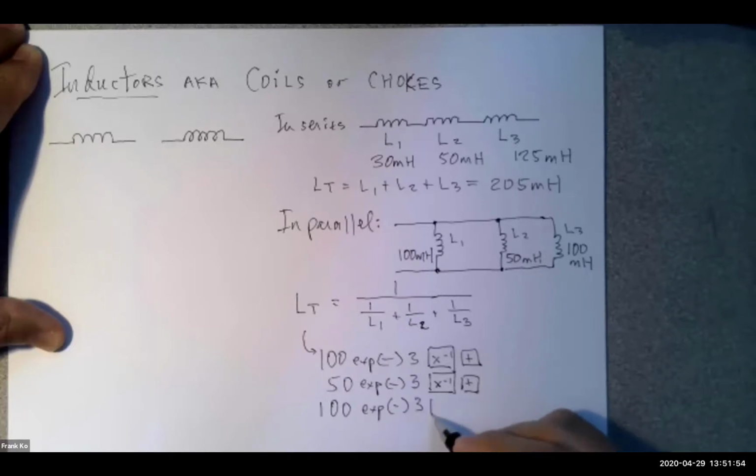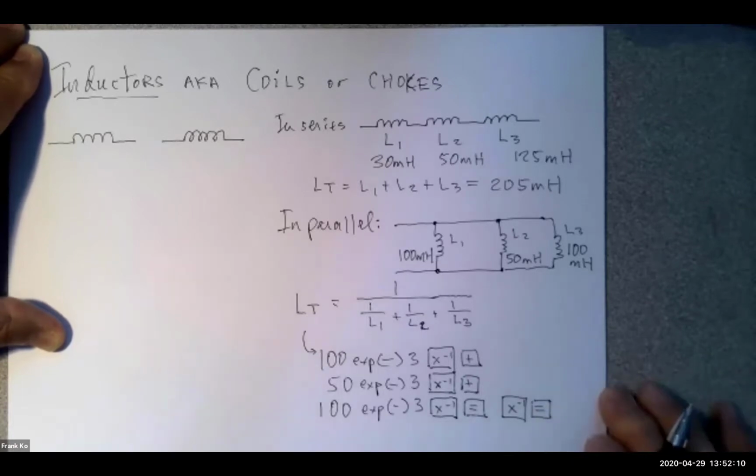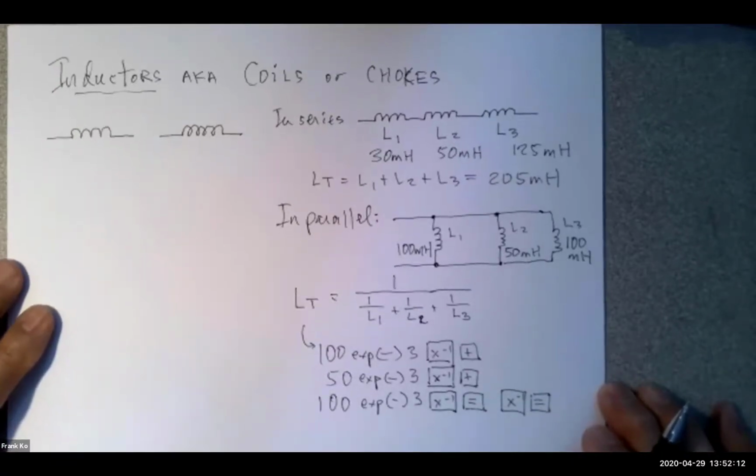You should try this on your calculator as I'm doing this, because I'm going to ask for a number in a moment. And then at the end of the process, you hit reciprocal one more time, and you hit equals one last time. So when you go through this particular process,